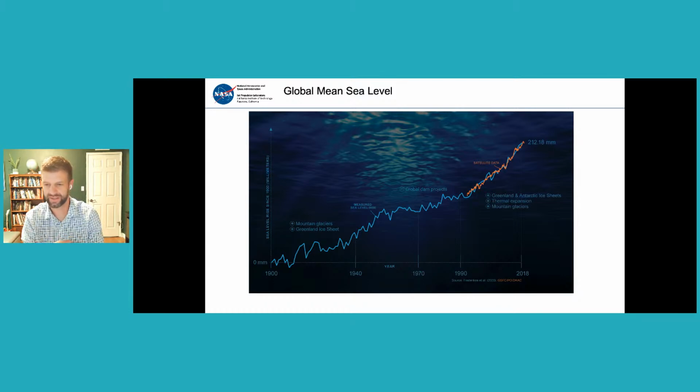And I've also overlaid the satellite data on top of this tide gauge record. But we can see in the past that global mean sea level and the rate of global mean sea level has varied at different time periods. So if you look at that time period roughly from 1950 to say 1980, global mean sea level was actually pretty flat, right? Sea level was not going up that much.